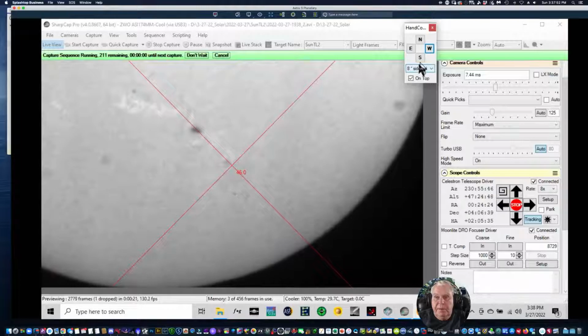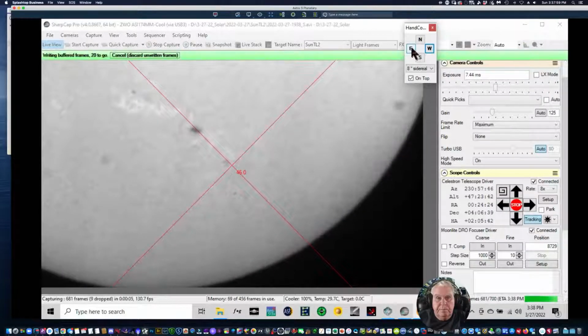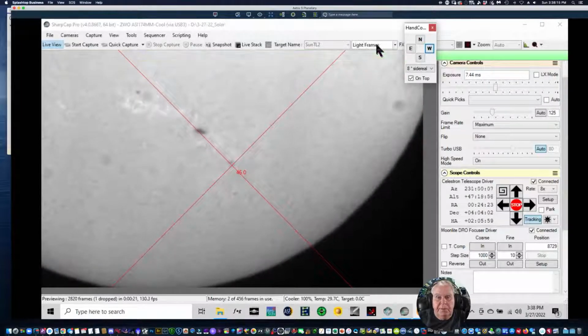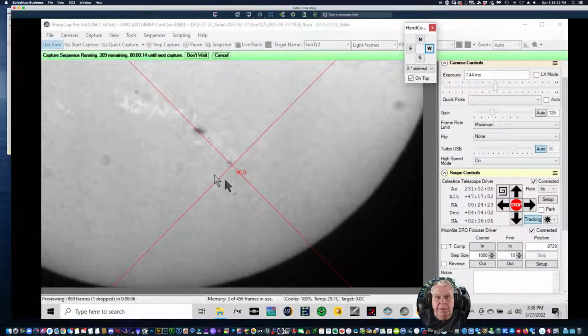And I'm going to need to move it over some when it's finished capturing. Now, and we need to come down a tad bit. And now west just a pinch. There we go. Fifteen seconds is about all it takes to kind of recenter it. And you really don't have to do that if you can keep your image kind of within this region,